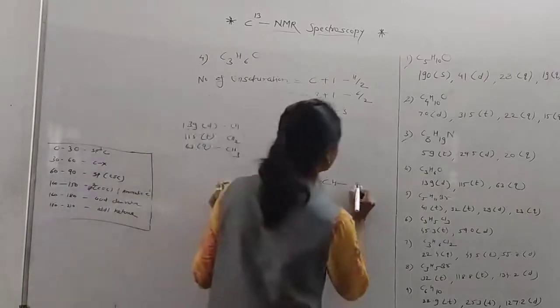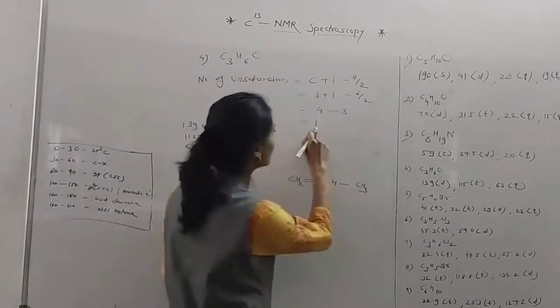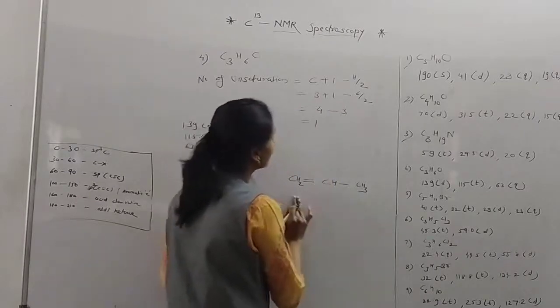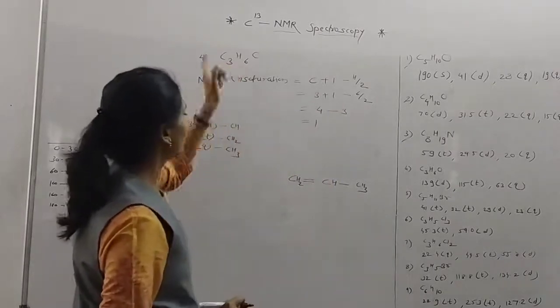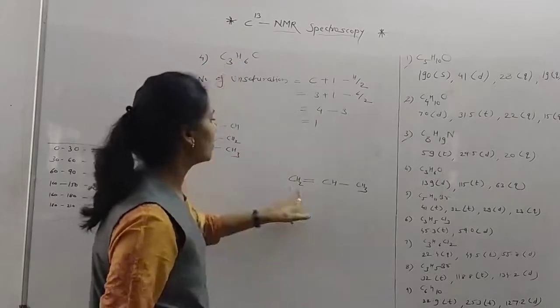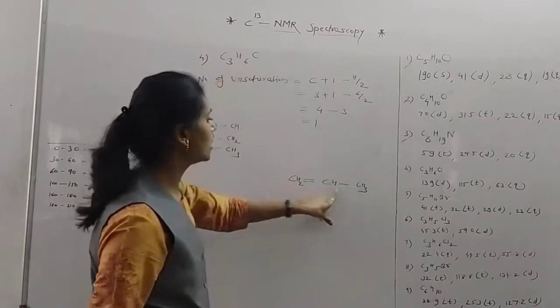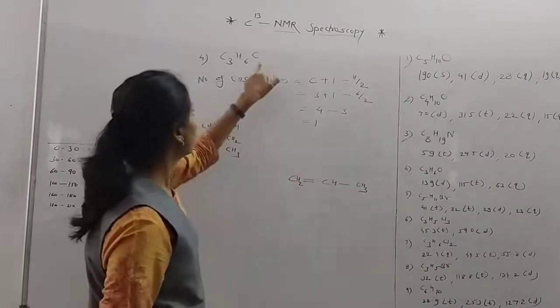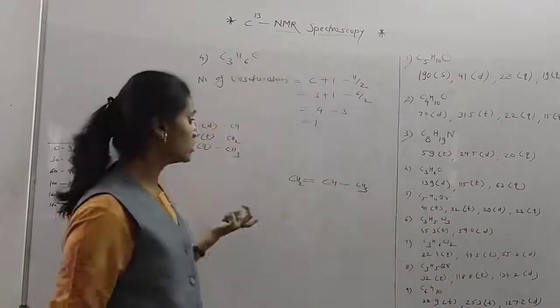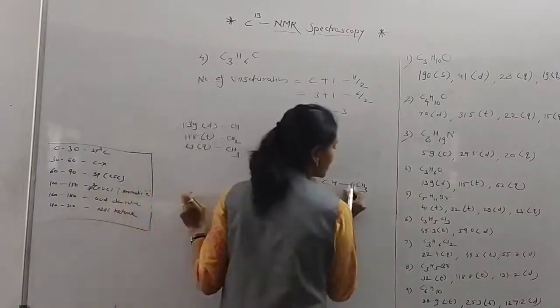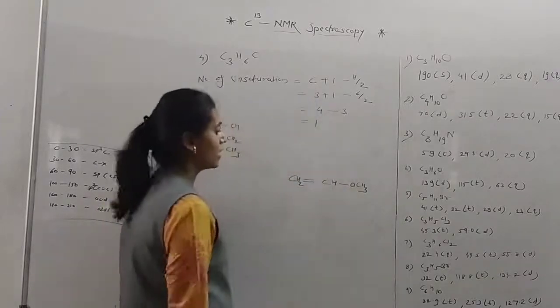CH3. So I have written here CH3, and there is 1 unsaturation. But now we check with the molecular formula. There are 3 carbon atoms, 1, 2, 3, and 6 hydrogens, 2, 3, 4, 5, 6. But there is oxygen. We have not written oxygen here, so where do we write the oxygen? Here.